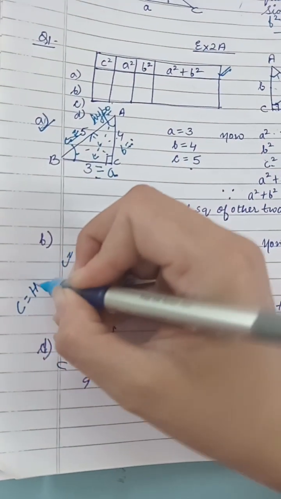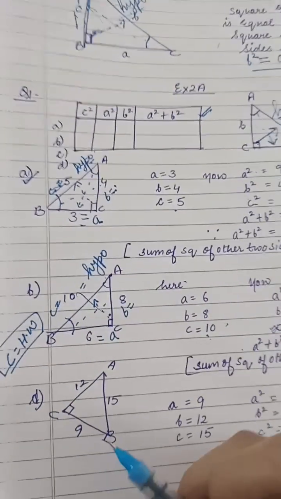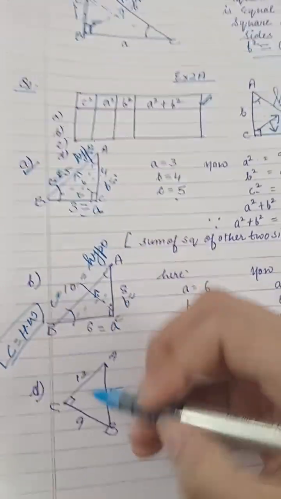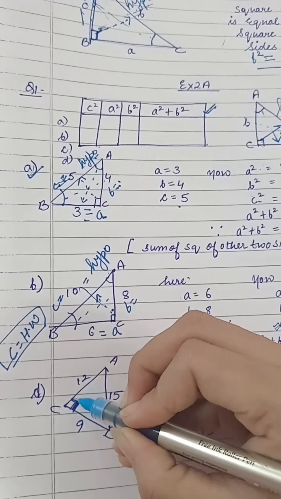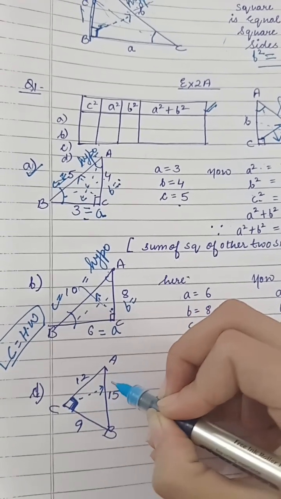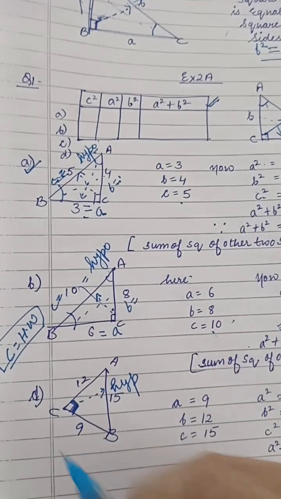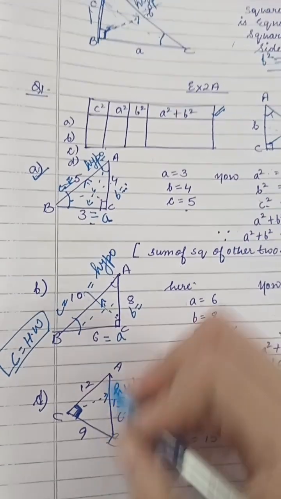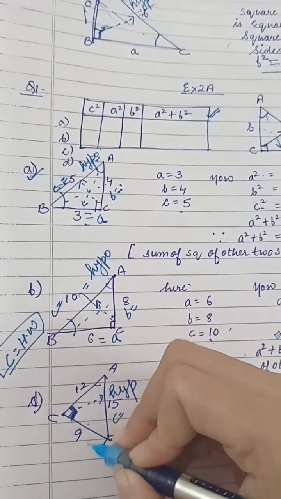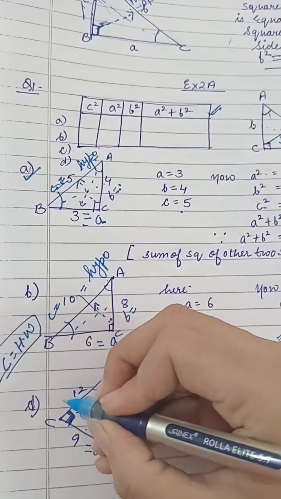You have to do the C part in your homework notebook. Okay, coming to the D part of this question. First, here is 90 degree. Where is the 90 degree? You have to find that first. It is 90. So opposite to that side will be hypotenuse. Okay. Now, angle C opposite will be small c. The opposite of angle A will be the side A, small a, that is. Angle B opposite side will be B.